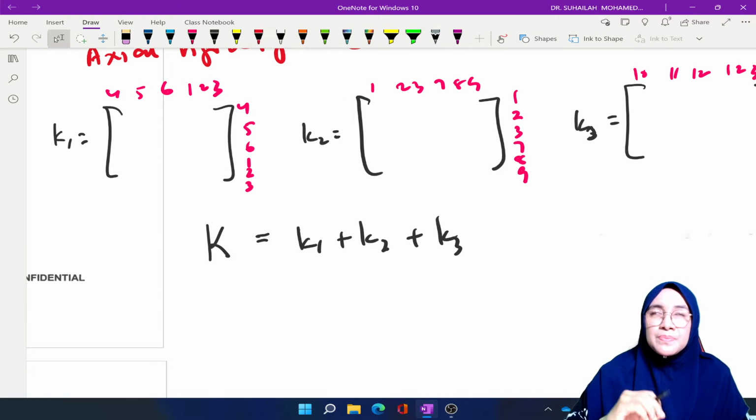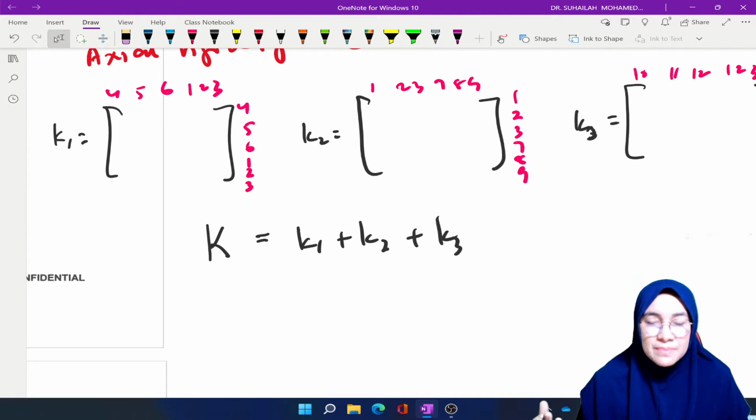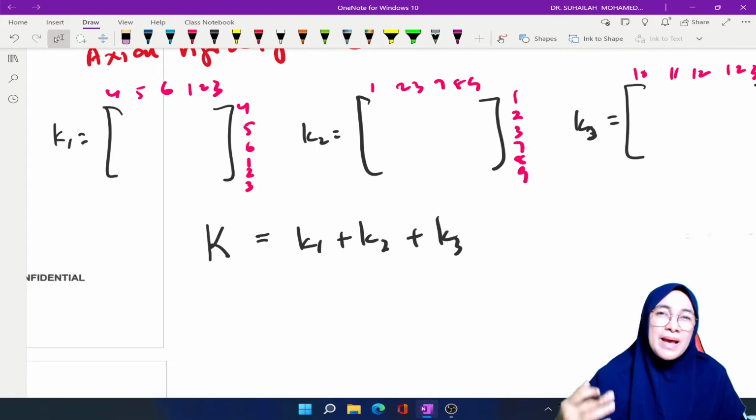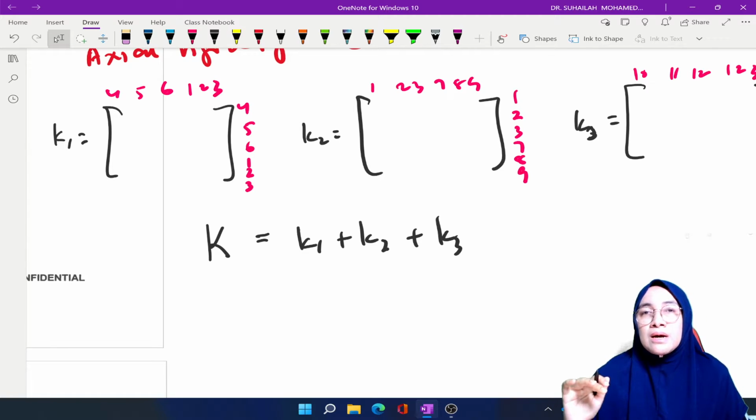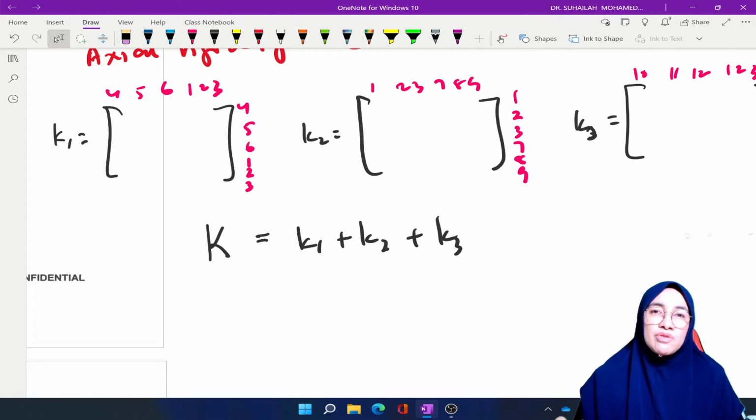Okay, as usual, K1, K2, K3 we combine to have the structure stiffness matrix, and this frame has a 12 by 12 matrix because in total there are 4 joints. 4 times 3 is equivalent to 12, so we have 12 degrees of freedom, representing a 12 by 12 structure stiffness matrix. However, there's no question asking you to do that, and you need to understand what is most important in order to establish the unknown displacement